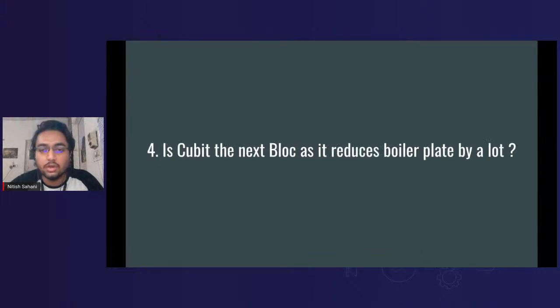I guess this is the last one which I found. Is Cubit the next Bloc, as it reduces the boilerplate by a lot? So I would not say by the Bloc thing. It is the Flutter Bloc specifically, the package flutter_bloc, which Felix made. Cubit is another level of that package, and what they do is use the same functionalities but